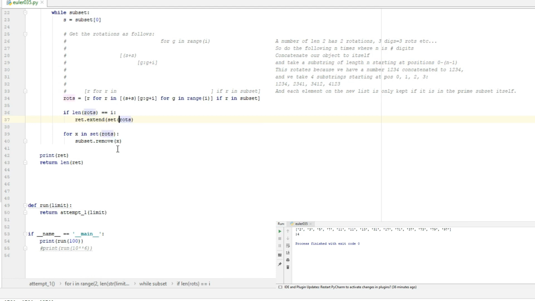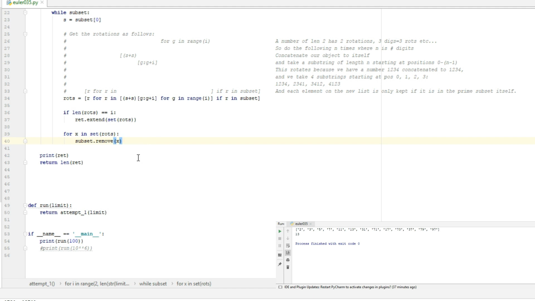we also want to. Now note that I am converting this to set twice, and I can't do it earlier. I can't make this into a set, because then this check wouldn't be valid anymore. If we reduce the 11s in a set to only one element, then this wouldn't trigger anymore, and we would be missing out on a circular prime. So I've got this cast to set and this cast to set, because honestly I don't think we can optimize this very much further. So there's our 13 circular primes for